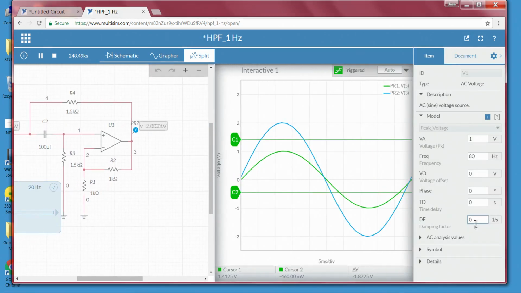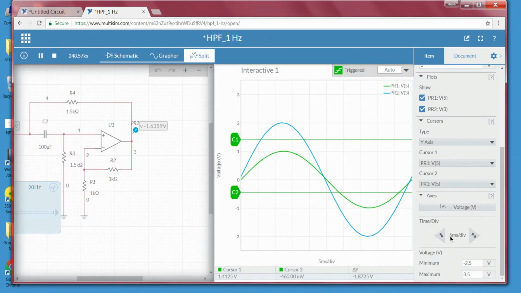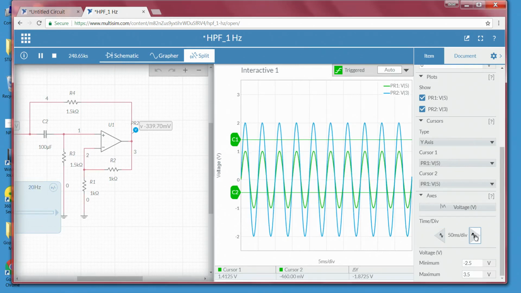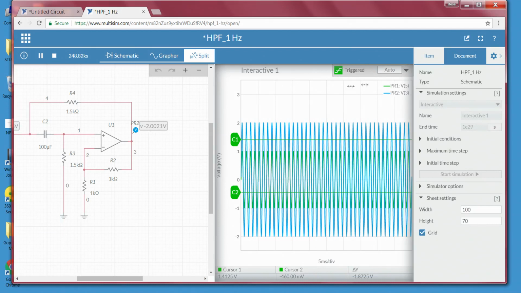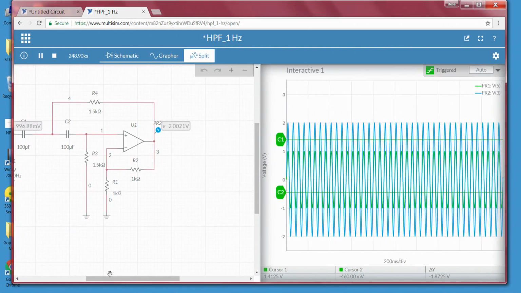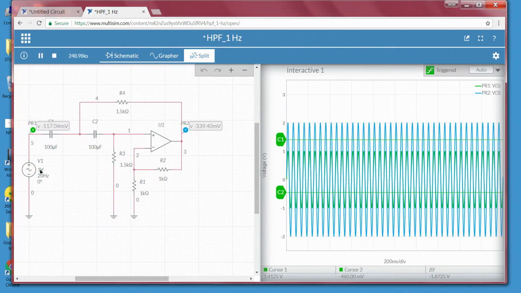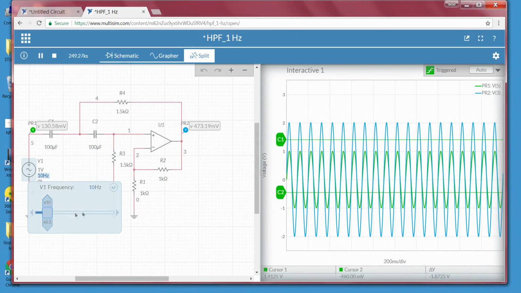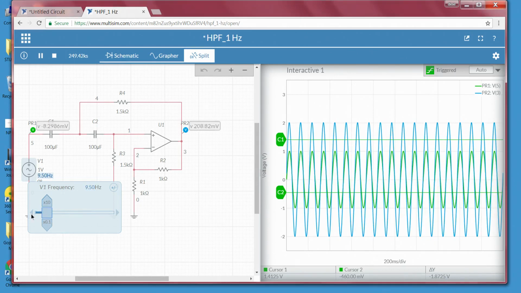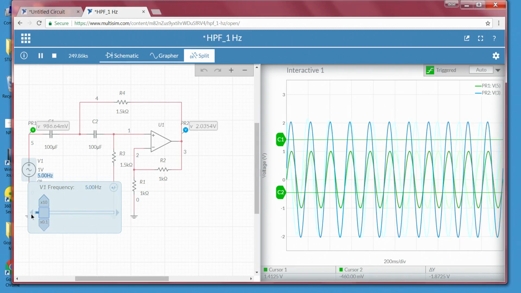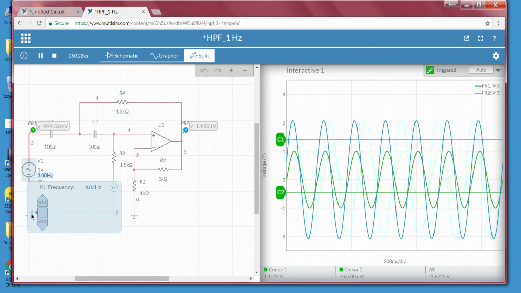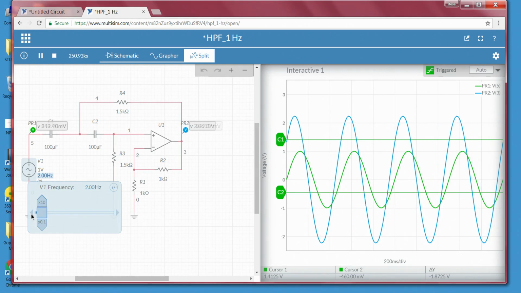Since we have to observe smaller frequencies, I will increase the time division so it is easier to visualize. Then change the frequency slowly from here to 10, same, then slowly decrease: 9.5, 7, 6, 5, 4, slowly decreasing it.